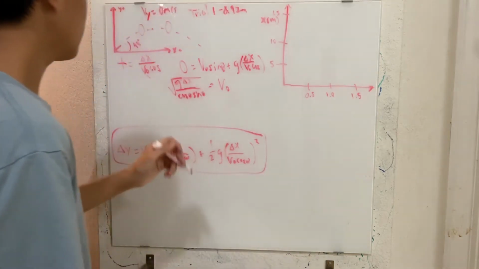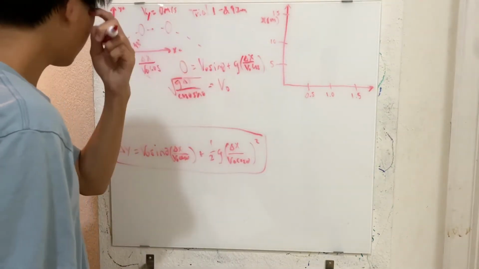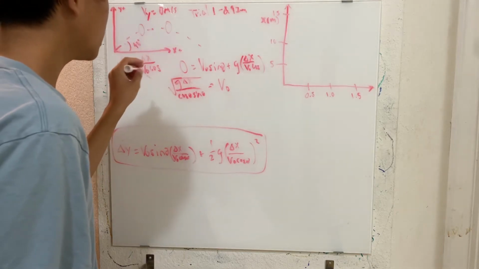So basically I just moved this portion over to the left side, so that's negative g times delta x